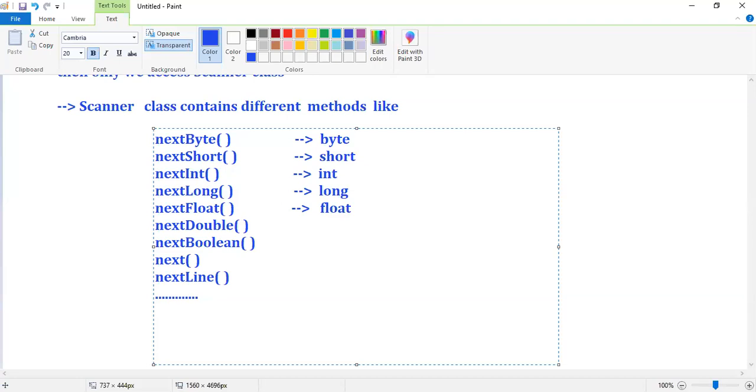NextDouble is used to read double type data. NextBoolean is used to read boolean type data.